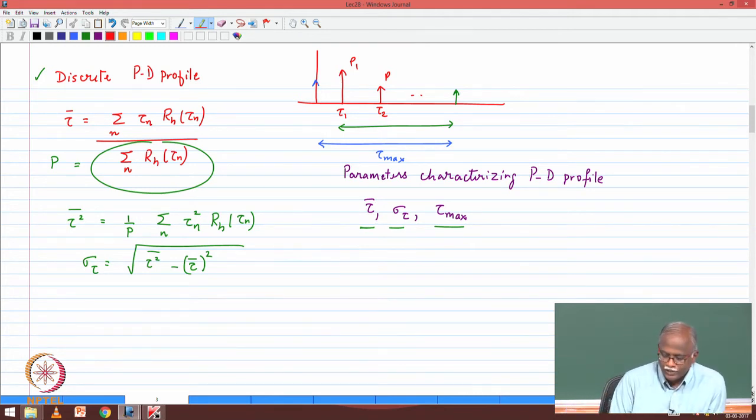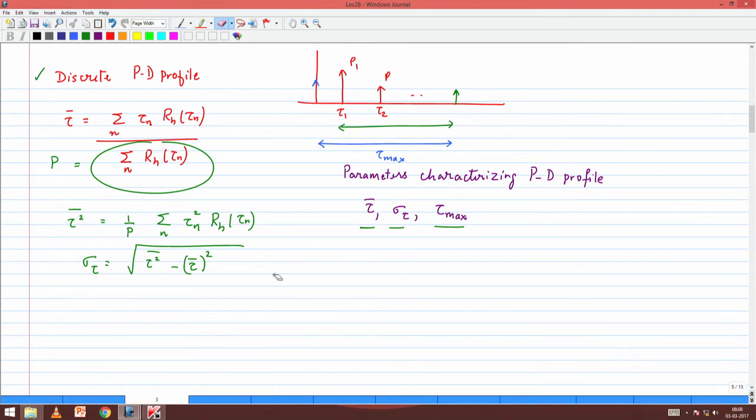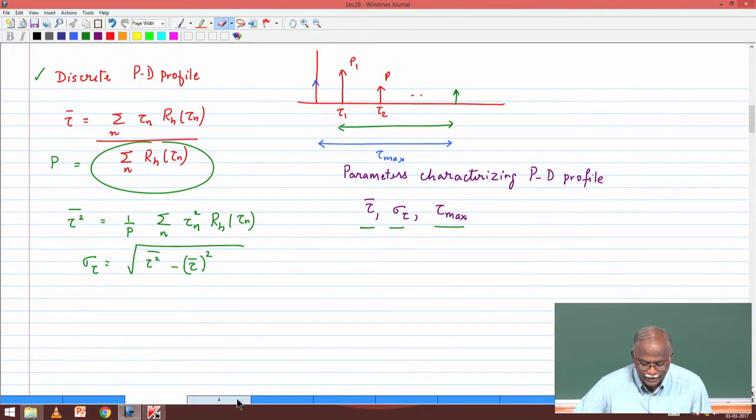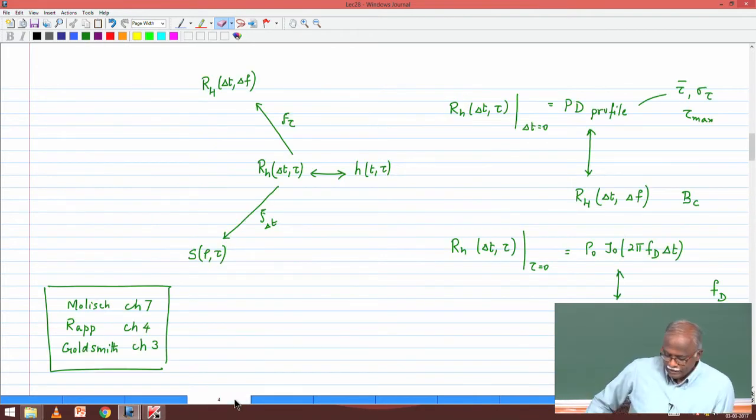Please make sure that you do include the component that contributes to the tau equal to 0 component as well. Okay. So just like you compute tau bar, you can also compute tau squared bar, and then sigma tau is obtained using our standard way of obtaining the square root of the variance. Okay. So given that you can characterize a power delay profile, the last thing that we did in the previous